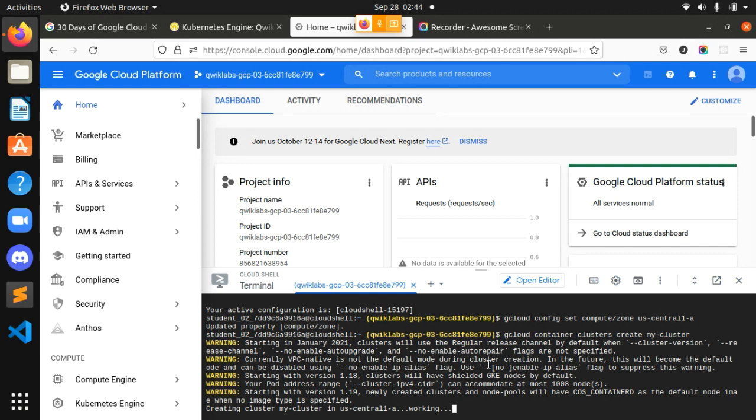Okay, guys, it's going on. It's taking a lot of time, right? It always takes a lot of time. Sometimes it depends on your device, or sometimes it depends on your network connection also. In some devices, it may be created very fast. Wait for some more time. We don't have any other options, right?